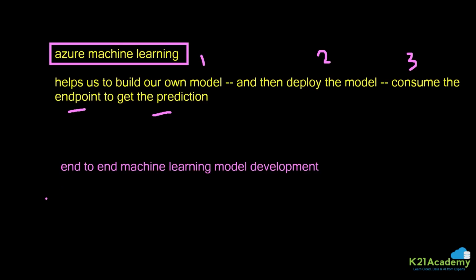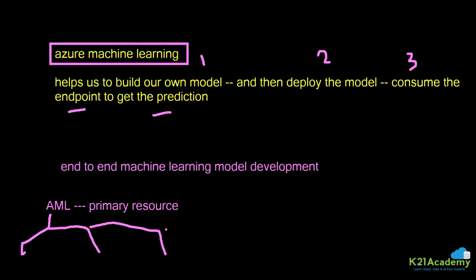Now, what happens when you create Azure Machine Learning resource? This is your primary resource. This is your primary service that you're going to use, or you can say you need to create an instance of this primary service. You call it as primary resource. Now, when you try to create this resource,